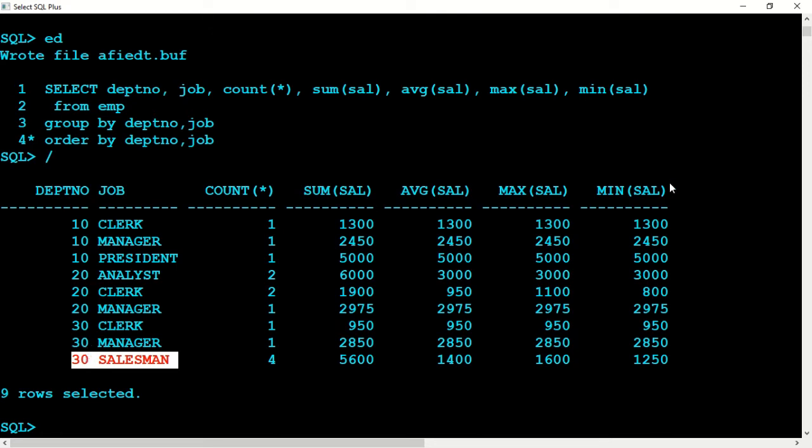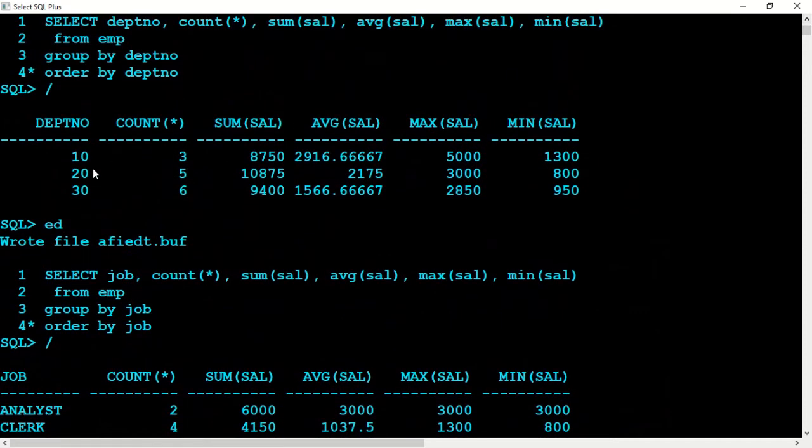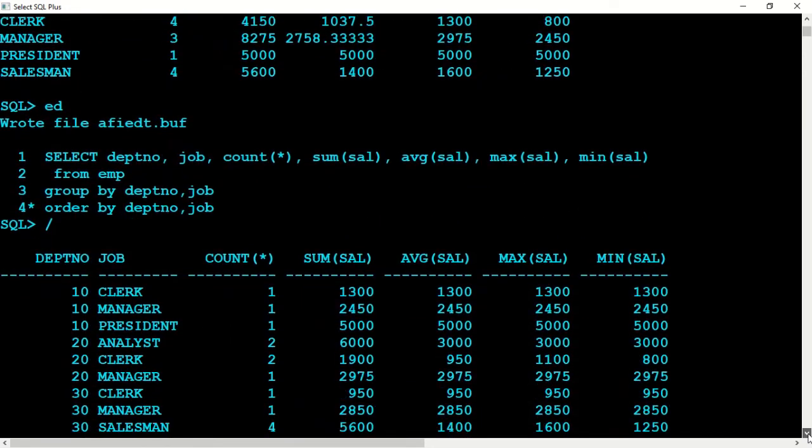In the previous example we saw that the department number was repeated 3 times: first department, second department, third department, that's all, because we were not considering job at all. And this is the total salary and maximum salary of each department, that is, the total salary in each department.